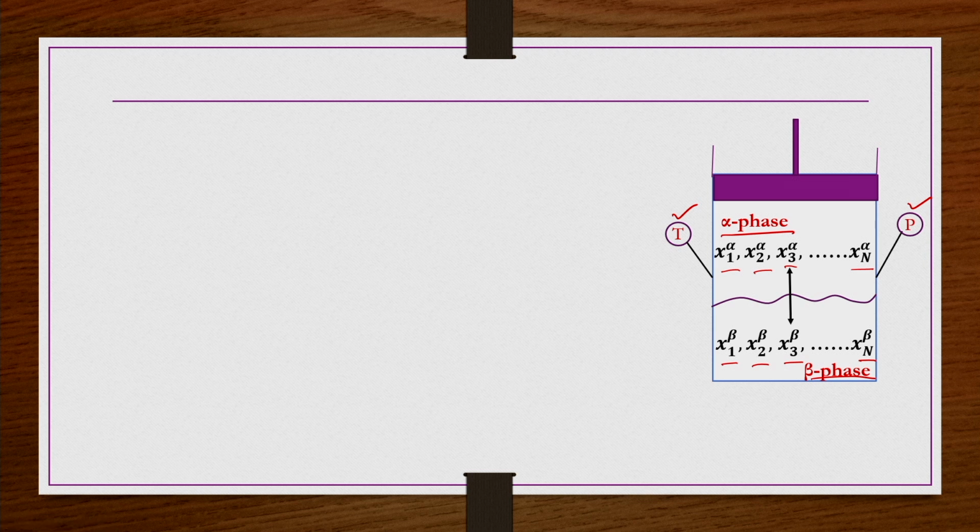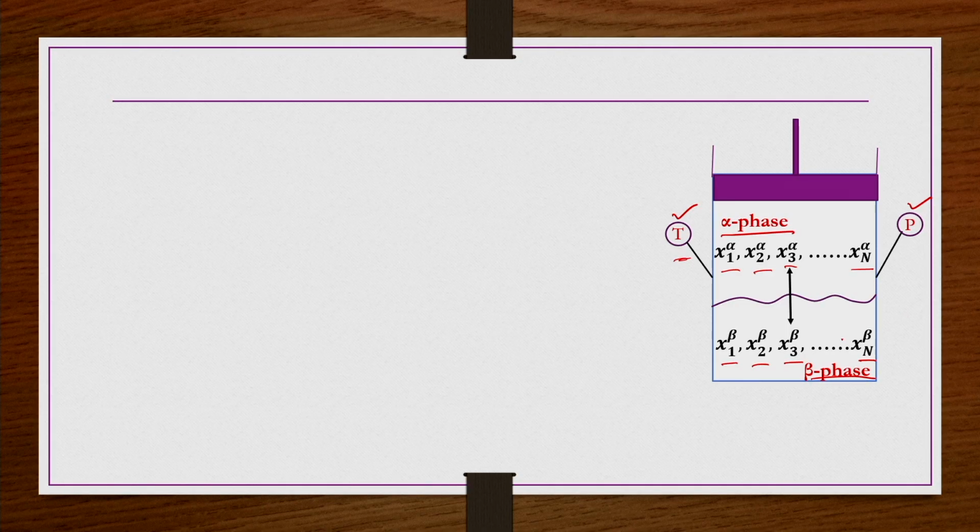So, if thermal equilibrium is established, the temperature has to be equal in either phase. That is the reason we have only one temperature; we are not writing T alpha or T beta separately, because this diagram depicts a closed system where two phases are in equilibrium. So, when there is equilibrium, temperature has to be the same in both phases. That is the reason only one T is shown here. Similarly, when there is mechanical equilibrium between these two coexisting phases in this closed system, pressure has to be the same in either of the phases. So, that is the reason pressure is also represented only once; we have not written P alpha, P beta